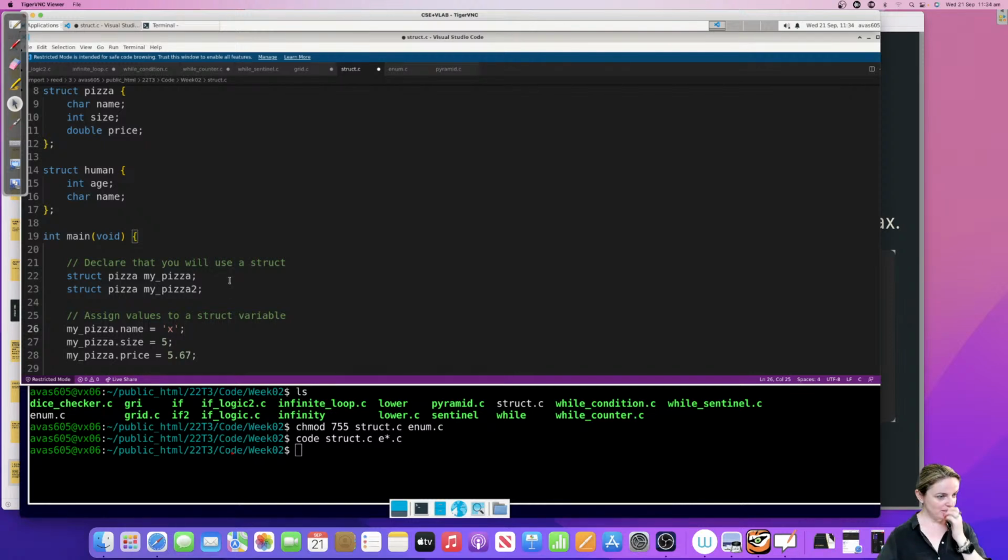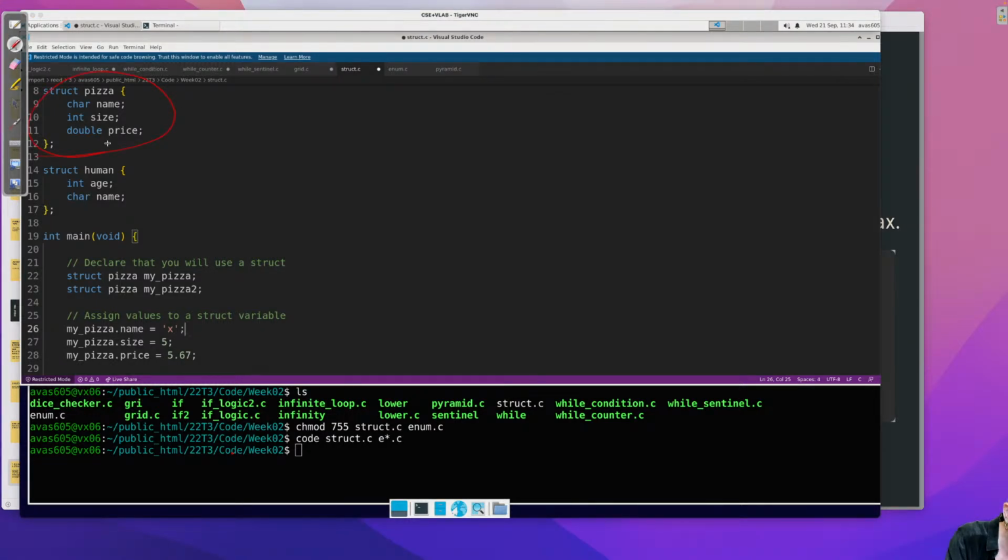Okay, so what that means is that when I do this declaration here, I've just declared that I might possibly use something called a structure. But then when I get to line 22 in my program, I've created this struct, and this struct is called pizza.